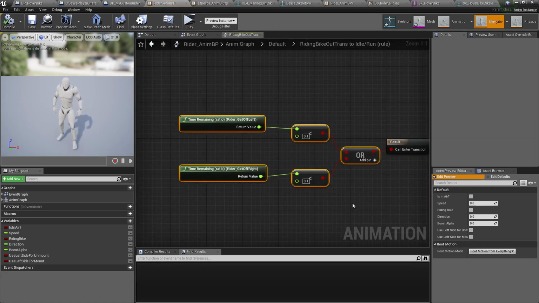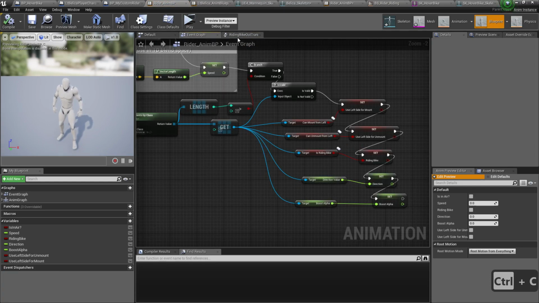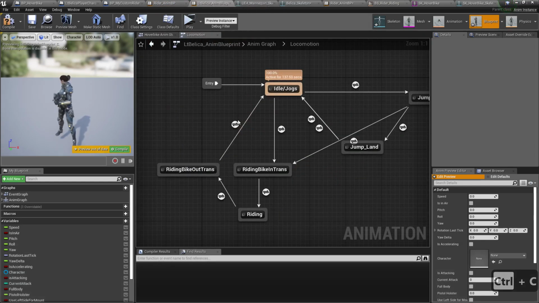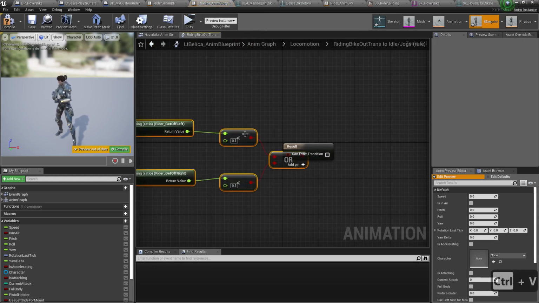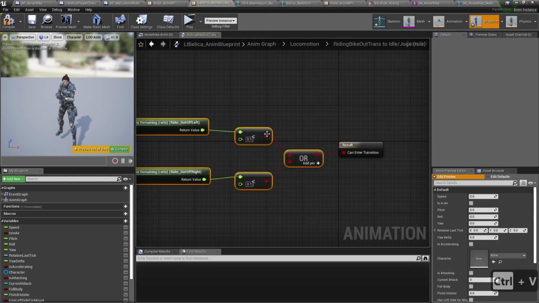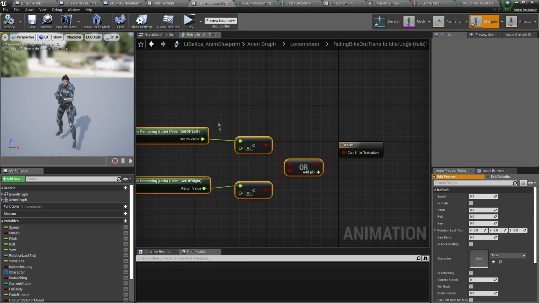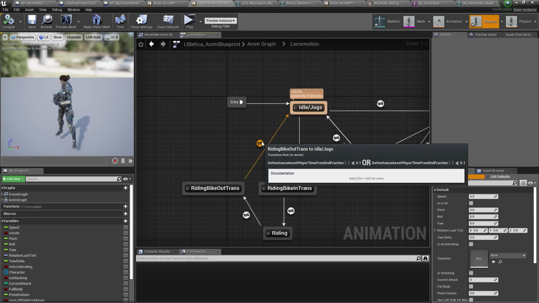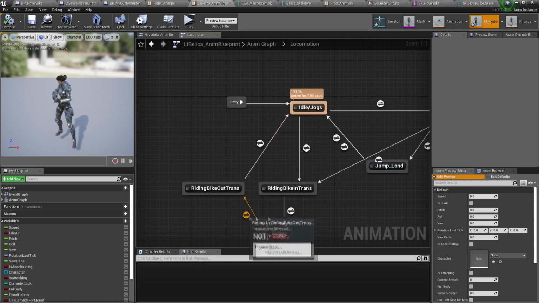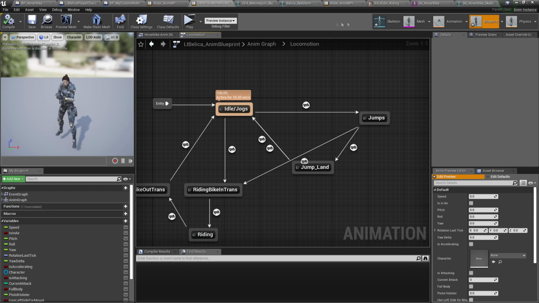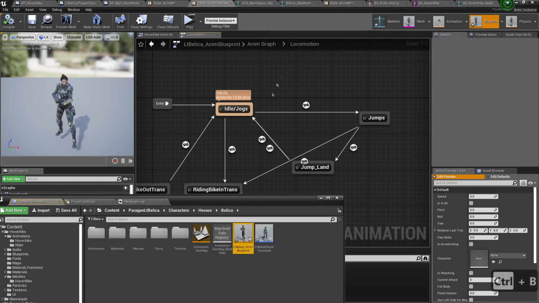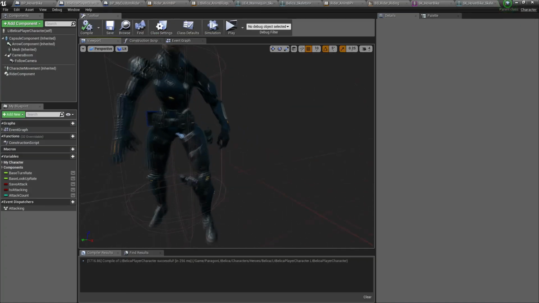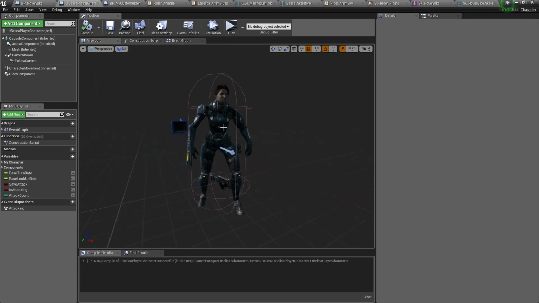And let's copy this transition. Hopefully it works. Let's compile. Well, I believe it does work. And now my transitions should be okay. Let's try it out. I just need to remember that I have to set up the animation blueprint for the skeletal mesh in my character, so it doesn't use this awful idle third